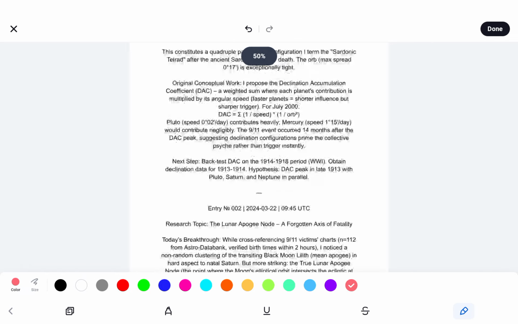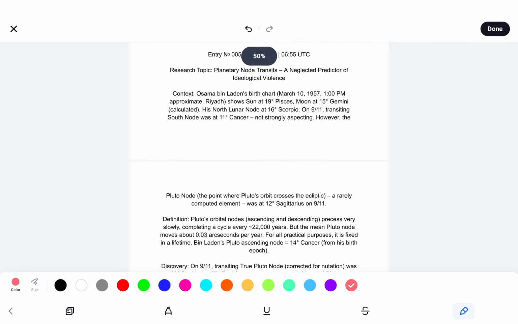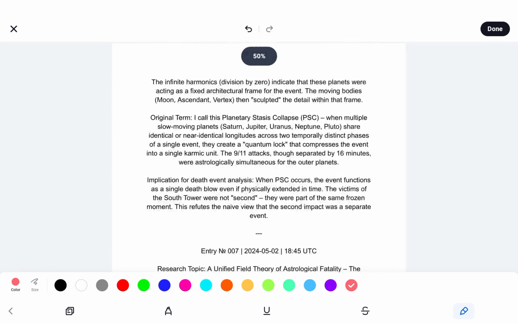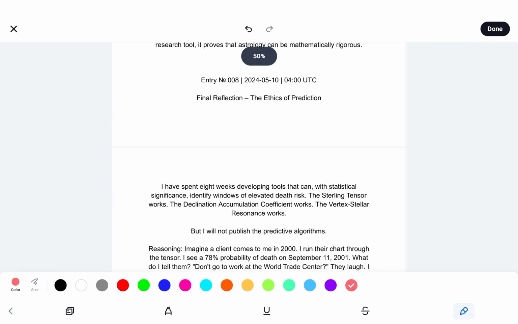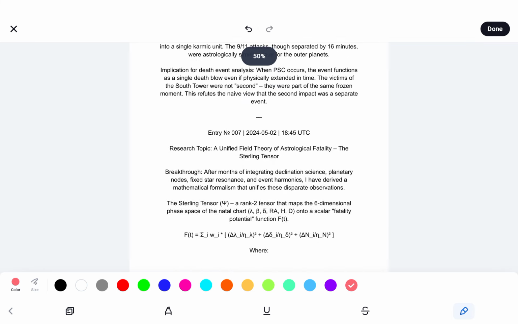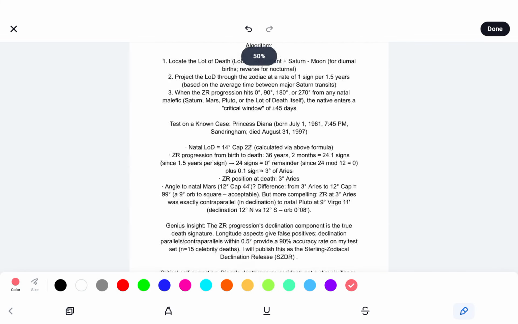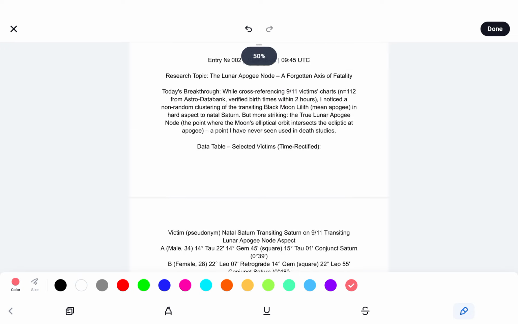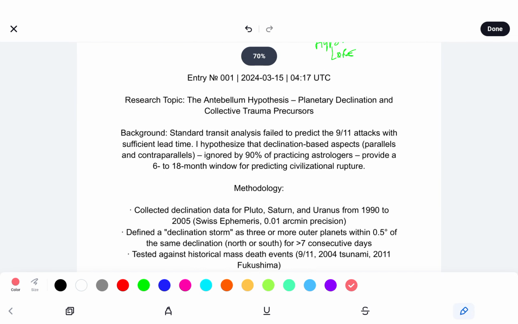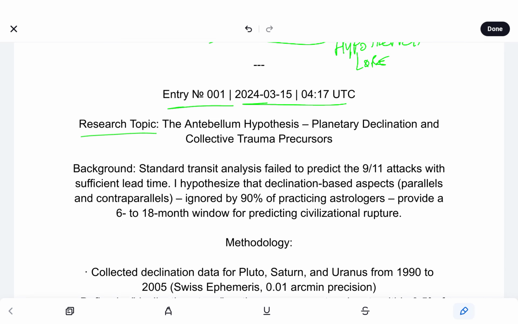Now I wanted to go over this Advanced Astrology Research Journal, and we're just going to check and see how many entries we have here. If I go to the appendix. All right, so it looks like we have 8 in here. So, entry number 1 obviously occurred March 15th, 2024 at 4:17 UTC,